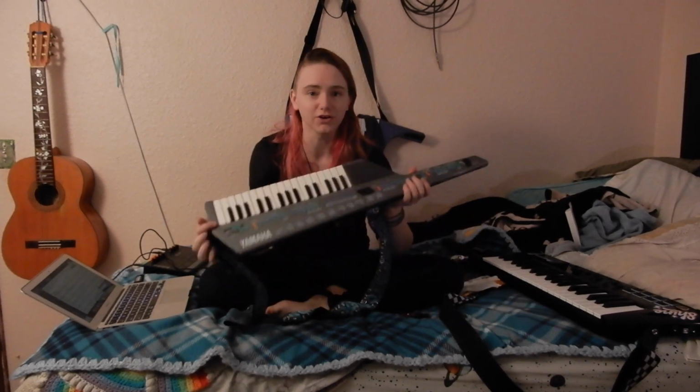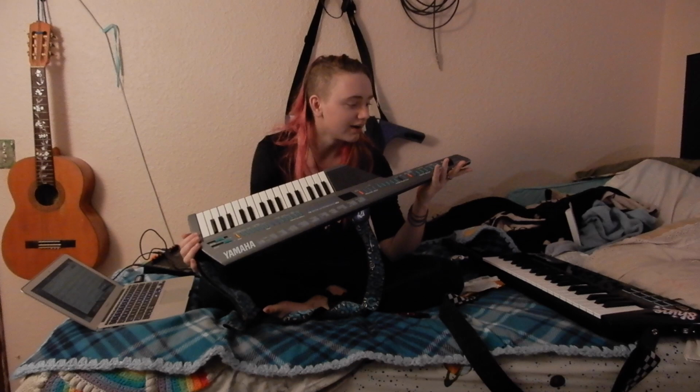I've wanted to see a lot more of that out of Keytars, basically since I bought my second Keytar and realized that they weren't all this heavily focused on being one instrument